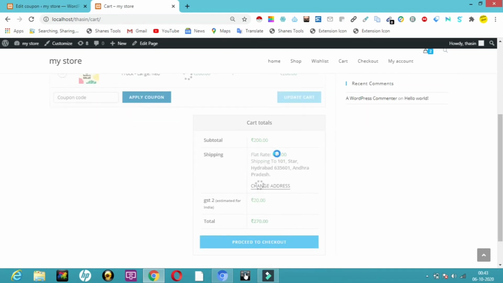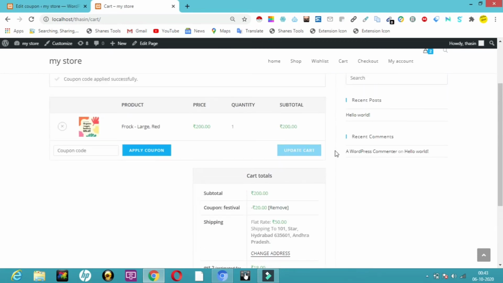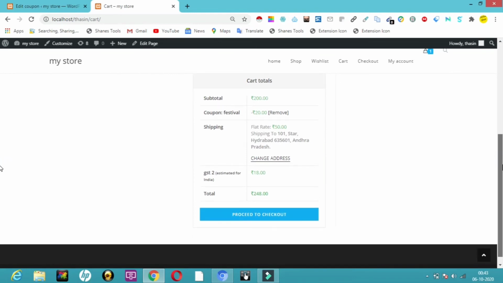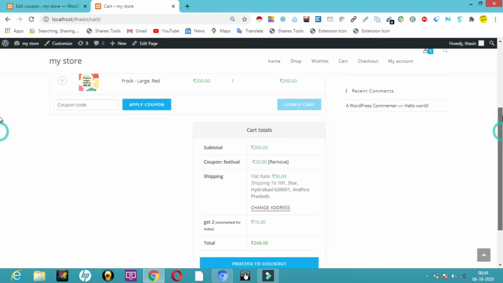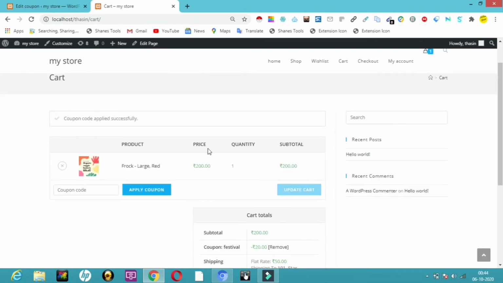Here it shows shipping is 50 rupees and GST is 20 rupees, and 20 rupees has been removed from the 200. You can see it has removed 20 rupees from my total. The shipping charge is 50 rupees and GST is 18 rupees, totally 248, and 20 rupees have been reduced because of the 10% discount we fixed over there.